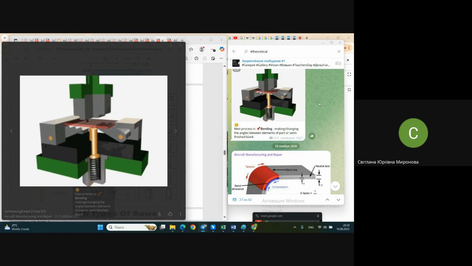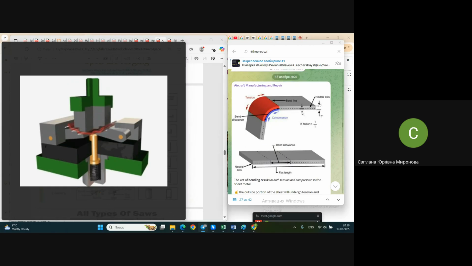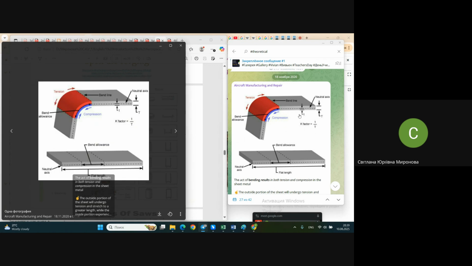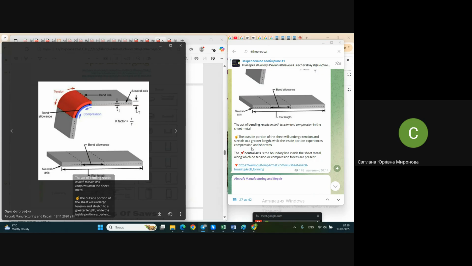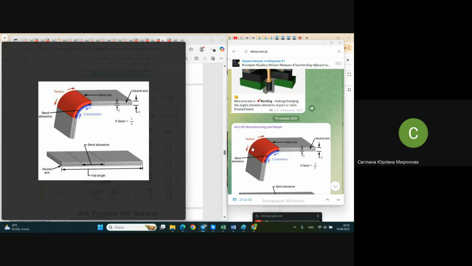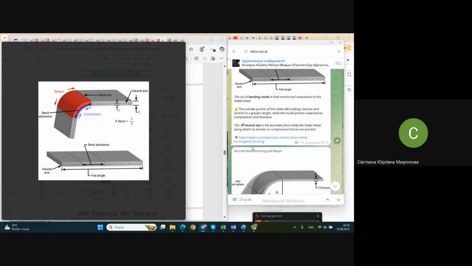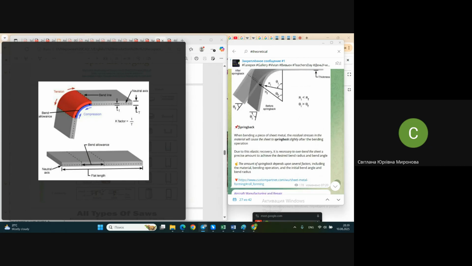What is important to understand about bending, and how did these different techniques of bending appear? Even since childhood, you are already familiar with a phenomenon which is called, in English, springback. Let me show you. Here is the